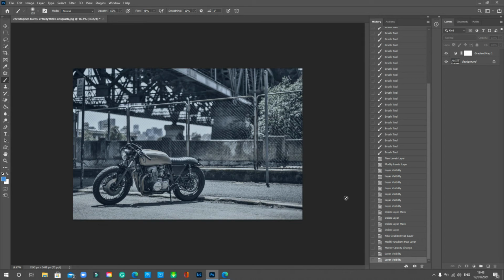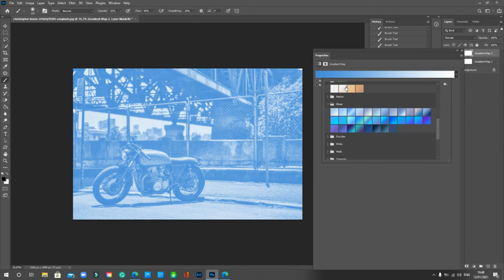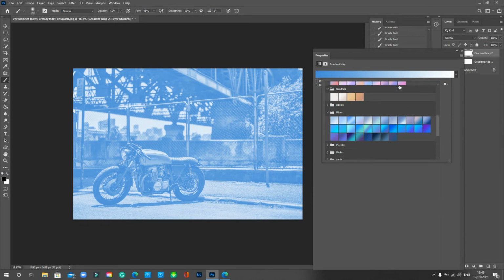So I hope that's helped. It's quite a simple thing to do. It's literally just coming down here, clicking on that gradient map, and then selecting on this arrow, and you'll see you've got all these different options here. If you click on this little